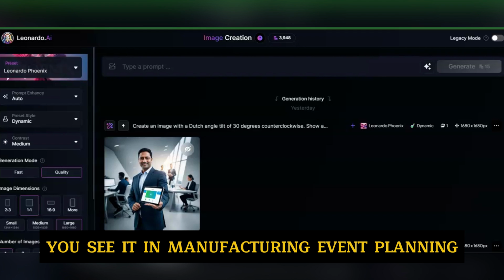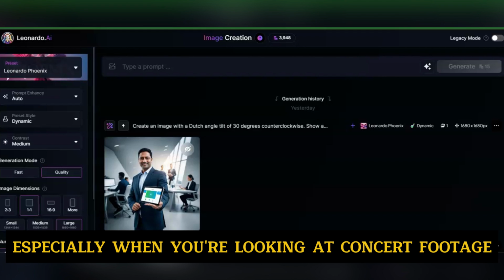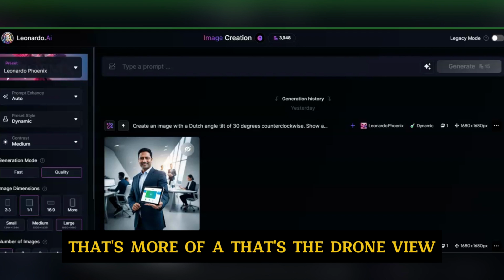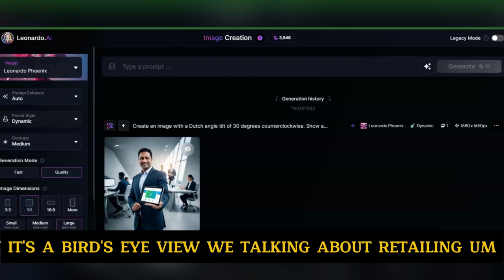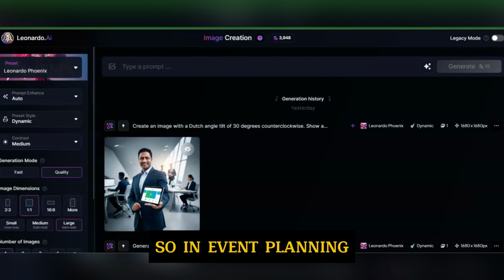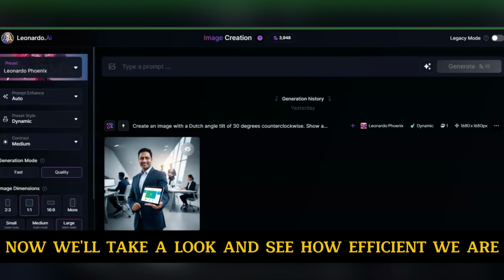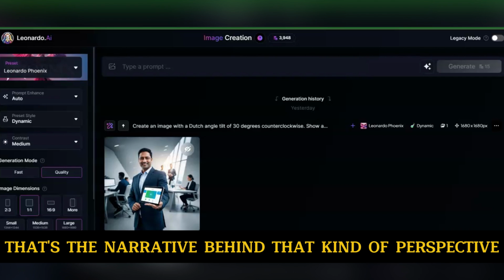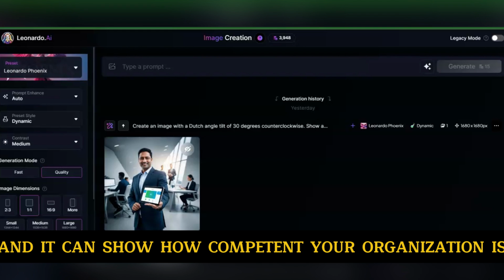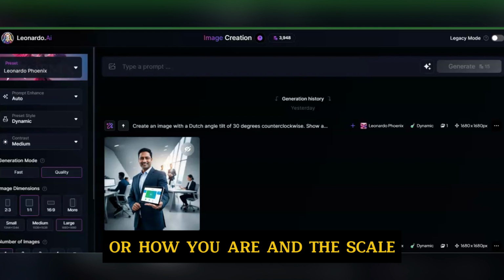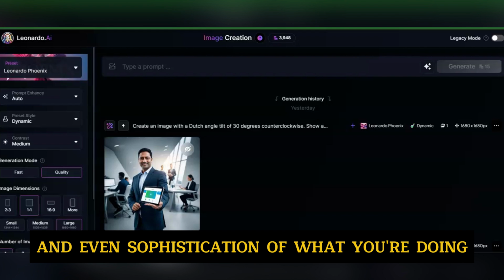You see it in manufacturing, event planning, especially when you're looking at concert footage. You look at that, that's the drone view. It's a bird's eye view. We're talking about retailing. You've seen it in political events. So in event planning, I think it's a very popular view or perspective. Now, we'll take a look and see how efficient we are. That's the narrative behind that kind of perspective. And it can show how competent your organization is and the scale and even sophistication of